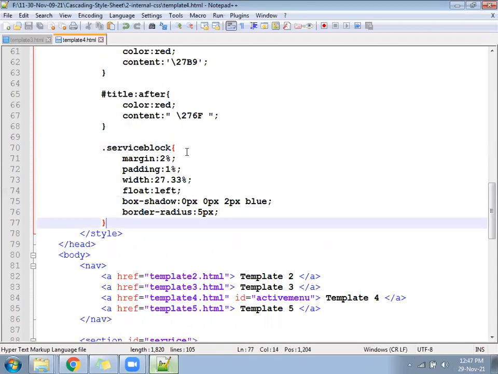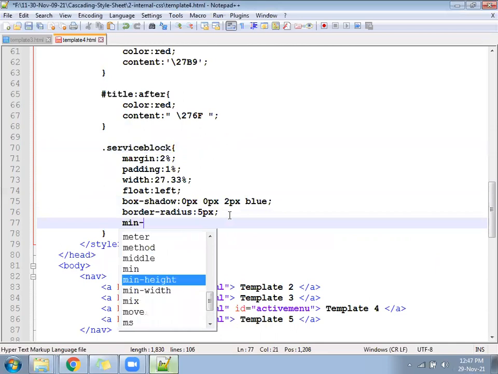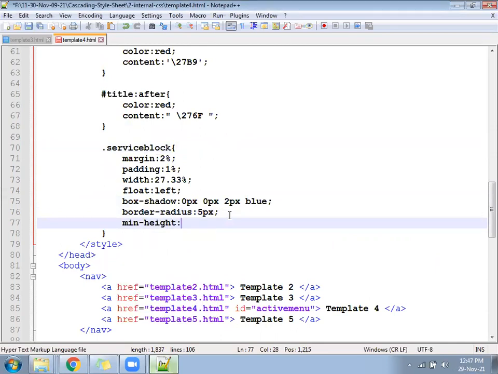Now, the height you have not given, so it will not be much visible. So let's give a min height again, somewhere around 150 pixel. The minimum height will be 150 pixel. Float left is added, box shadow is added, border radius is added, margin is added, padding is added.